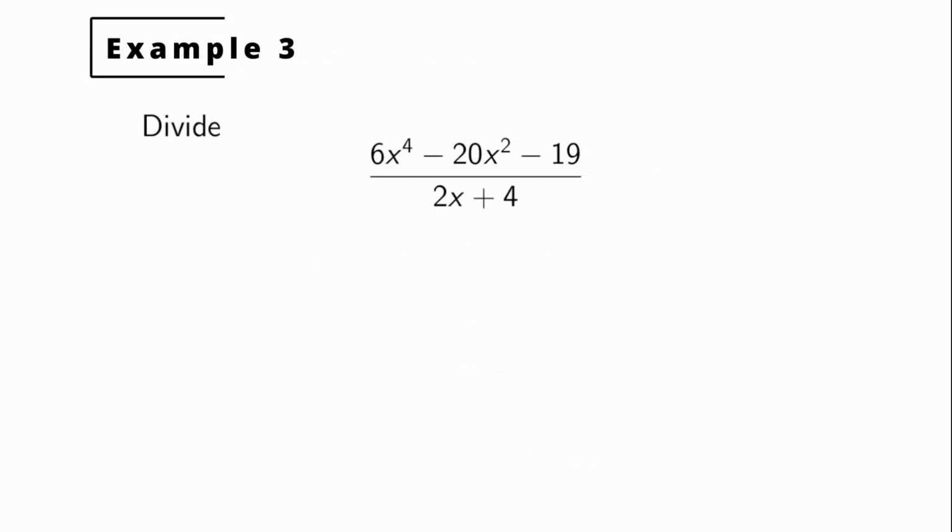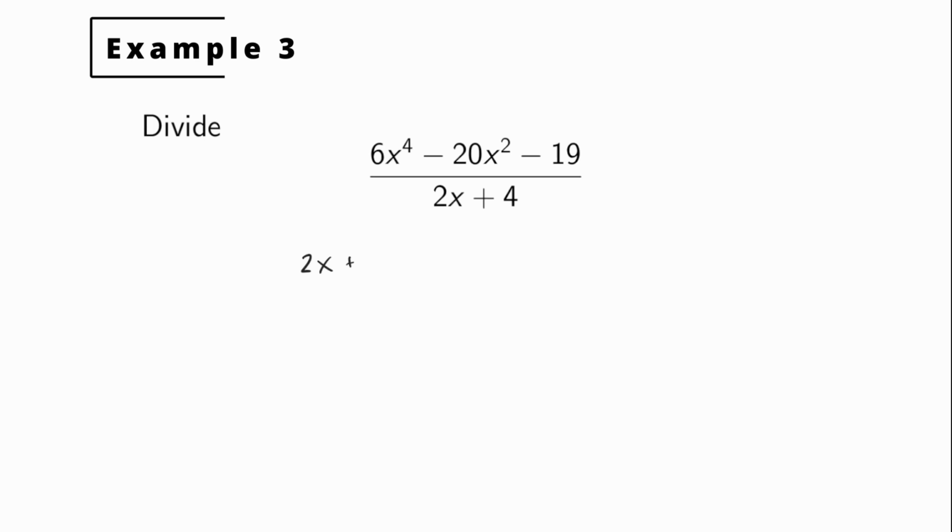Okay, here's our final example. Now, one thing I haven't mentioned up until now is it can be very helpful if you can factor, if you see how to factor the numerator and denominator, it can be useful to cancel out any common factors between the numerator and denominator. Now, it doesn't apply here, but I thought I should mention it. All right, so our first step is going to be to rewrite this in sort of the long division form. So we have